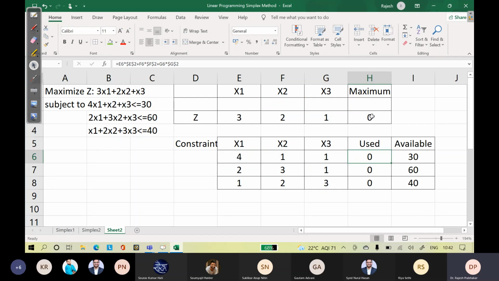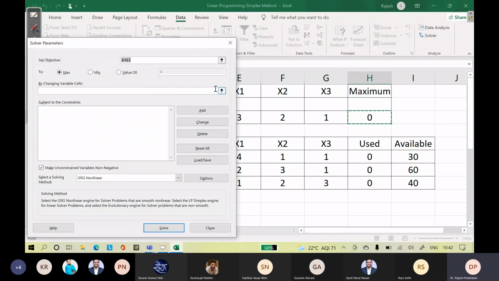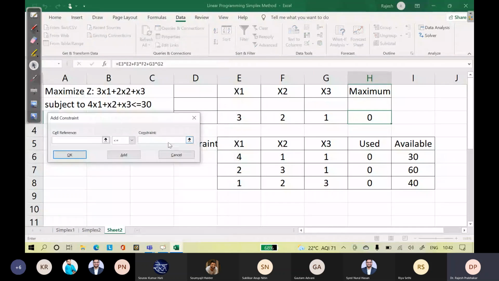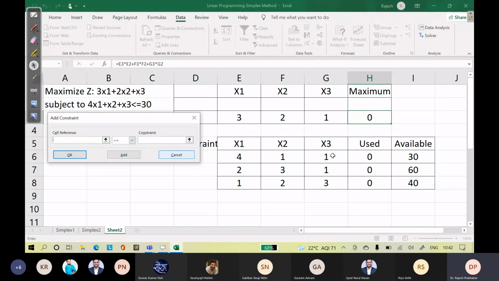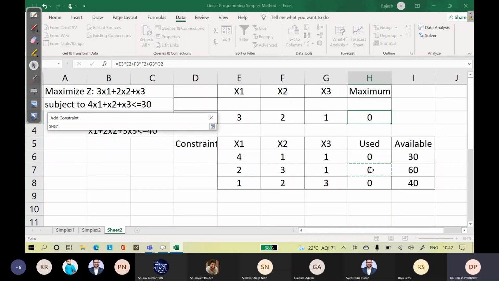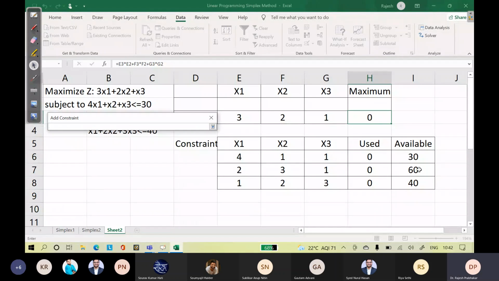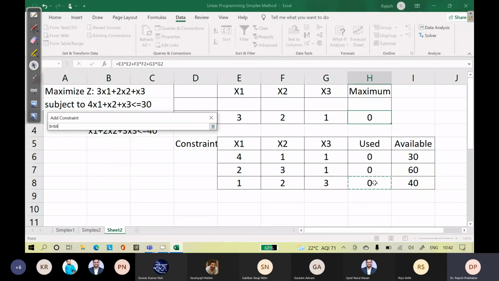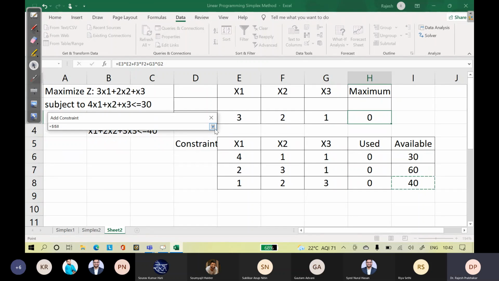Okay. So 45, sir. Data, Solver, maximize H3 by changing the cells, then add constraints, use constraint to 30, add the reference 0, constraint to 60, add constraint to 0, constraint to 40.